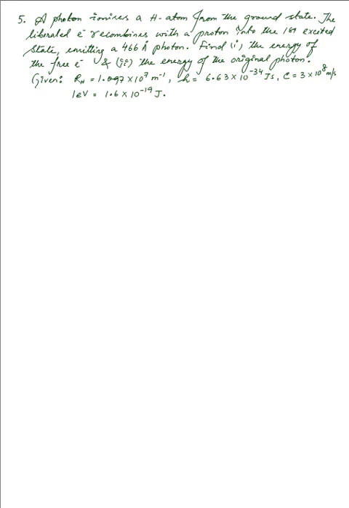Now the photon provided sufficient energy to an electron in the ground state, thereby releasing it or making it free. But the electron, while it was traveling, got stuck in the first excited state, it recombined, and the excess of energy after that recombination it gave away in the form of a photon which was 466 angstroms in wavelength. So that's the story of it. Now we wish to obtain the energy of the electron and the energy that the original photon had. So